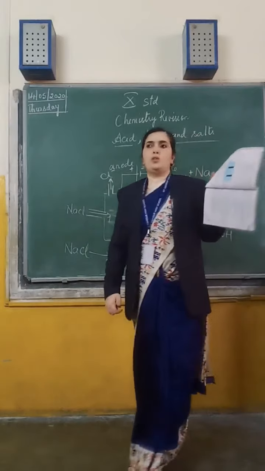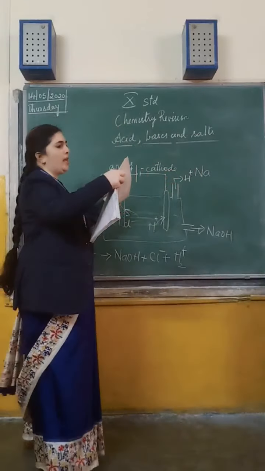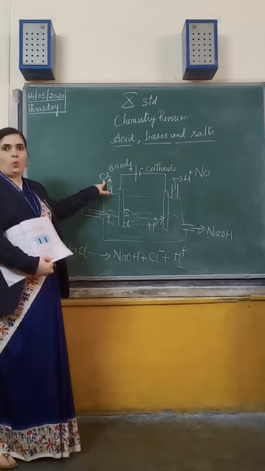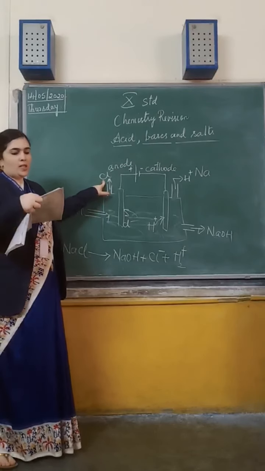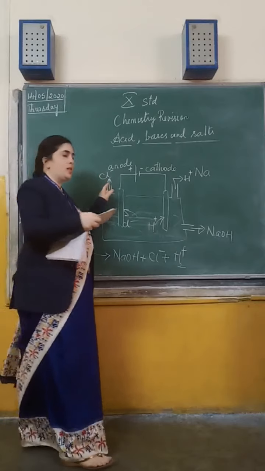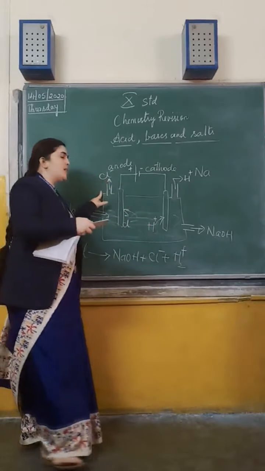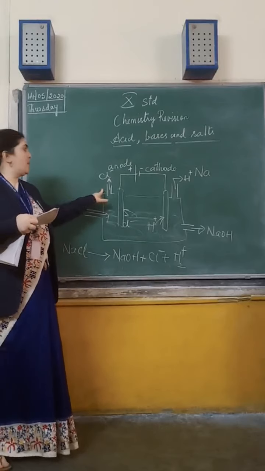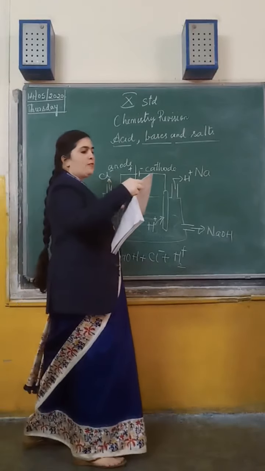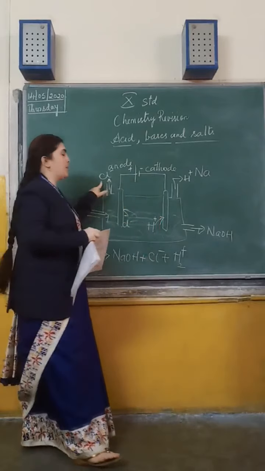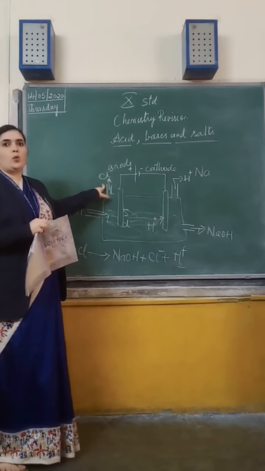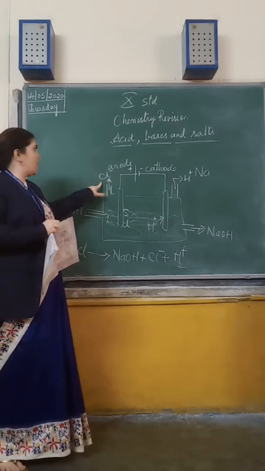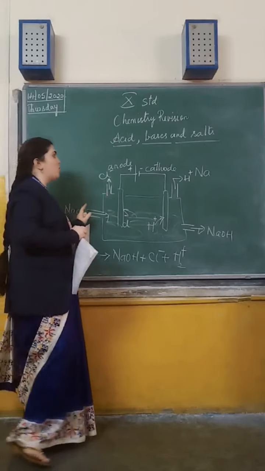What are the uses of chlorine? It is used in water treatment, to disinfect drinking water. It is also used in swimming pools for disinfecting the water. It is used in the manufacturing of PVC, polyvinyl chloride plastics, and in CFCs, chlorofluorocarbons, which we use as aerosols in air conditioners and refrigerators. Chlorine gas is used in the manufacturing of those.